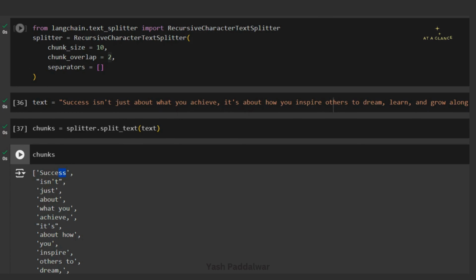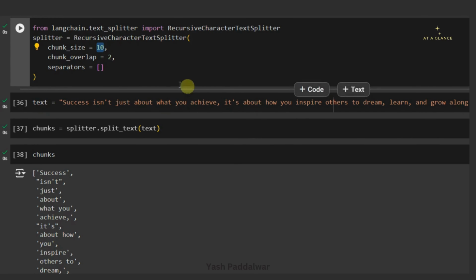But according to the rule of recursive character text splitter, it looks for the completeness of the word. It won't break the word just to fulfill the parameter list that we have defined. And that is why there is no repetition of the last two characters in the next chunk. Now, recursive character text splitter won't work well when you have a very small chunk overlap or a very small chunk size. You will get to know its results when you increase the chunk size or the